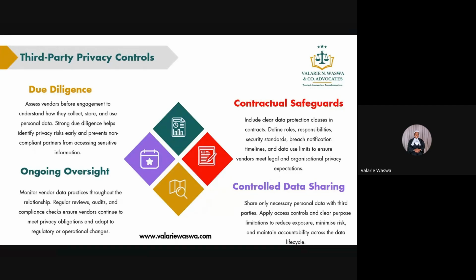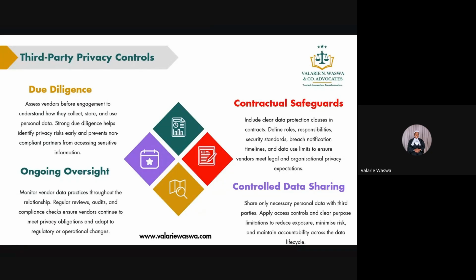You want to have strong due diligence because it could be you are compliant and you care about privacy, but they do not. But remember, data controller versus data processor. You are the data controller. So in case something happens, the data controller always is held to a higher threshold of compliance compared to a data processor, because a data processor acts on the instructions of a data controller.